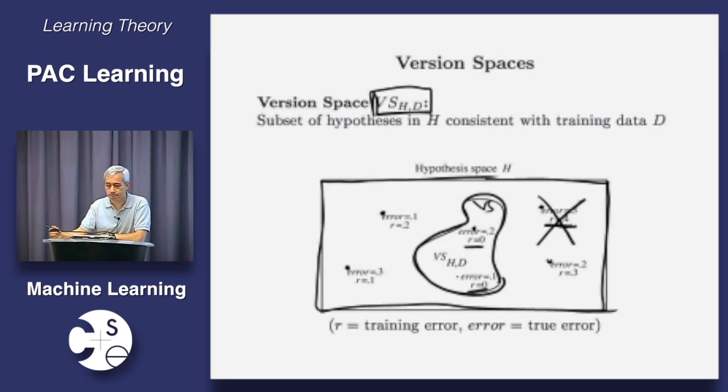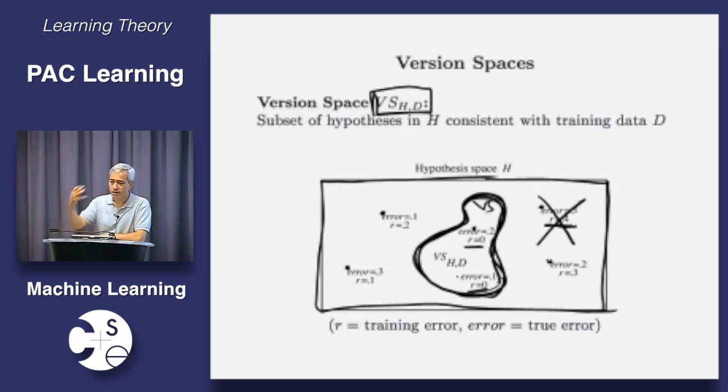And now, truth in advertising. I'm not going to be able to predict what the error of my hypothesis on test day is going to be. This is too hard. What I'm going to be able to do, though, is to put a bound on it, which is not bad. Particularly if that bound is low, this is pretty useful. If I can guarantee that the generalization error of my hypothesis is at most 10%, that's something to be pretty happy with. So the question for us, stated a little bit more technically, is what is the highest error among the hypotheses that are in the version space?